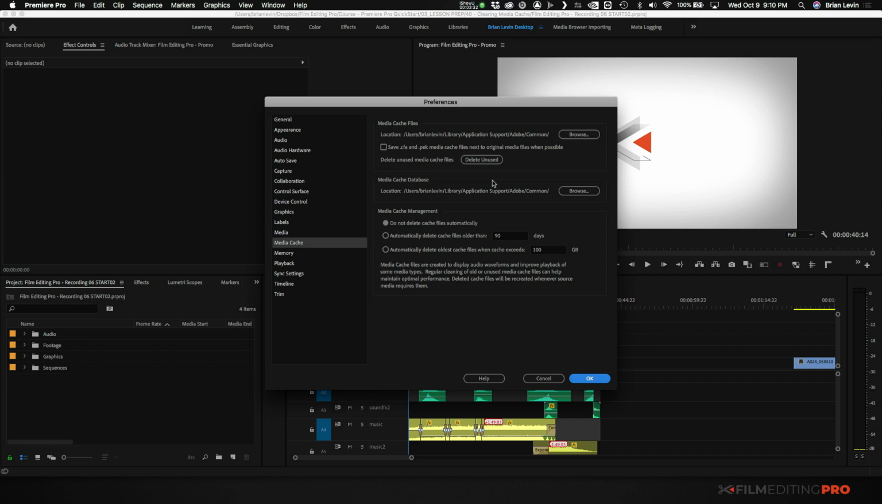Now, there are some ways that Premiere will help you manage this. One of them is that you can have it set to do not delete the cache files automatically. But if you want to keep Premiere more clean and a little more organized on the back end of things, you can tell Premiere when to automatically clear cache files. So you can say every 3 months or 90 days, or when your cache exceeds 100 gigabytes, or some value that you choose to determine here. Now, I personally like to clear this out manually,